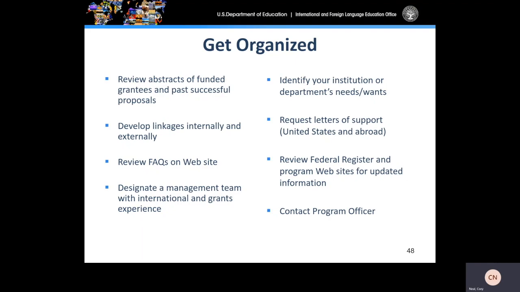We also recommend that you review the Federal Register Notice and the GPA program websites for updated information. And lastly, please feel free to contact me directly at gpa@ed.gov, and I'd be happy to assist you with any questions you may have along the way.